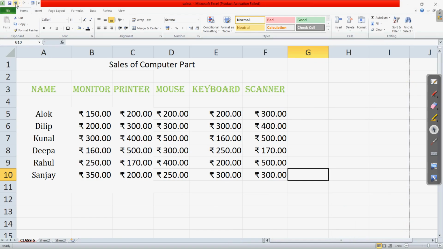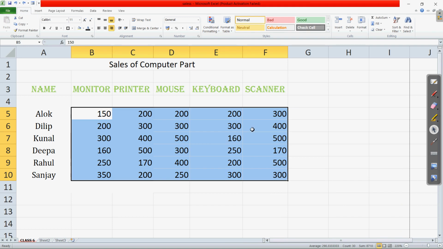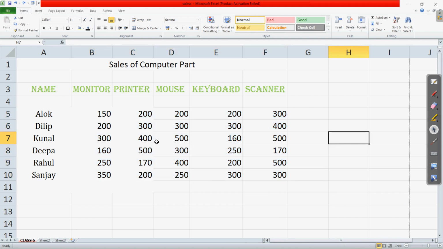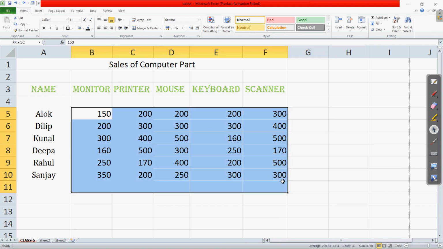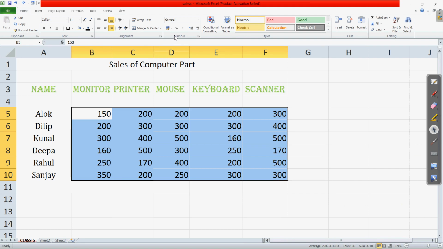If I remove this rupee symbol, and if I want to see the other options, here you can see we have these different accounting formats. Suppose we want euro or dollar. Clear? So here we can choose these options as well.